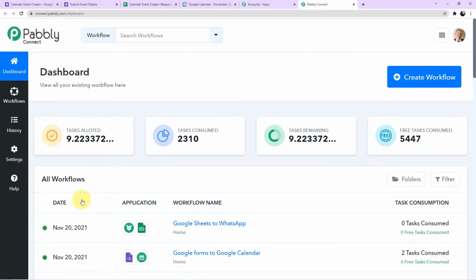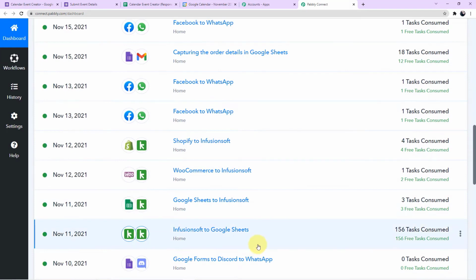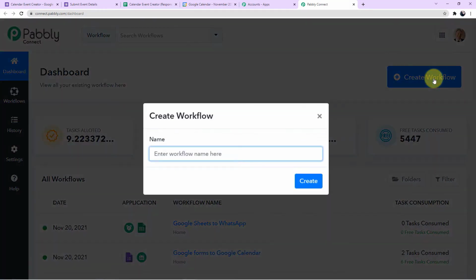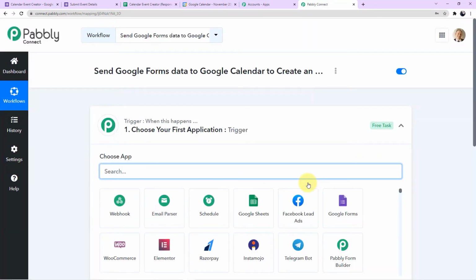Okay, so this is the dashboard of Pabbly Connect, and to start working here, you have to create workflows like these. So to create a workflow, you just have to click here on create workflow button, and here you have to give a relevant name to a workflow. So let me fill the name here. So I have filled the name as send Google Forms data to Google Calendar to create an event. Okay, now click on create here, and your workflow will be created like this,